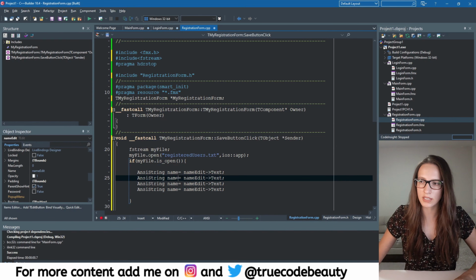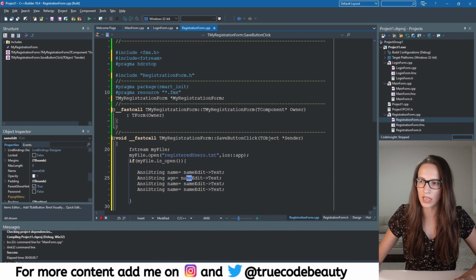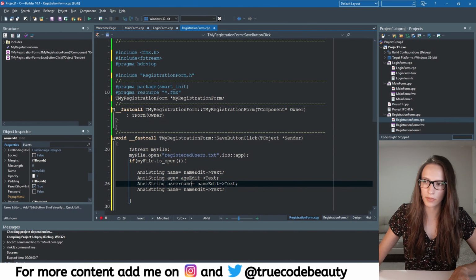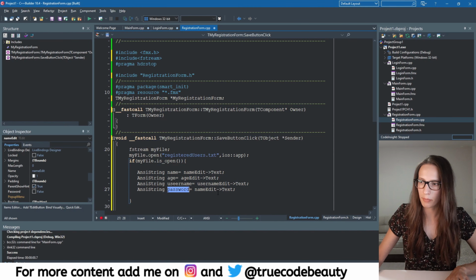So the name of this second variable is going to be age, and then here I will say age edit, and then username, and here it will be username edit, and here I will say password, and then password edit